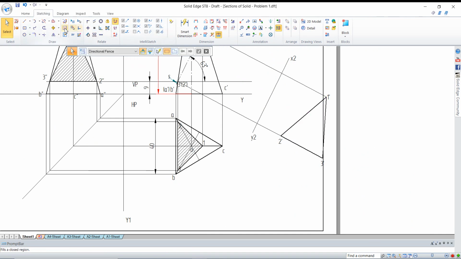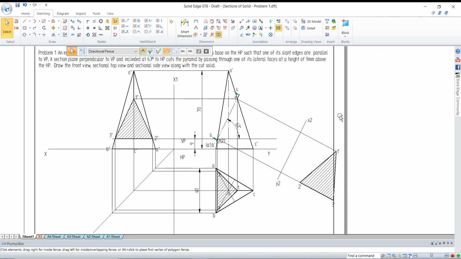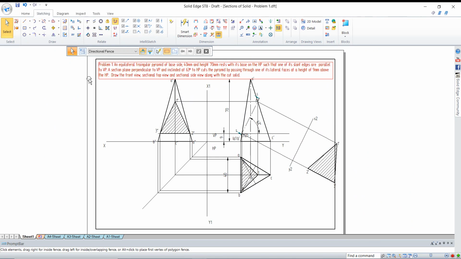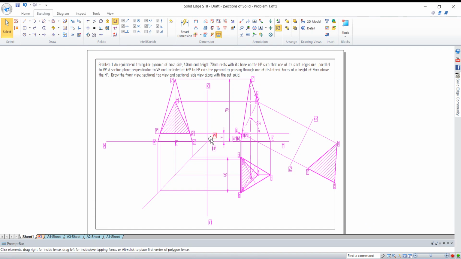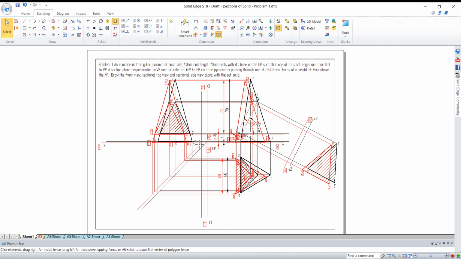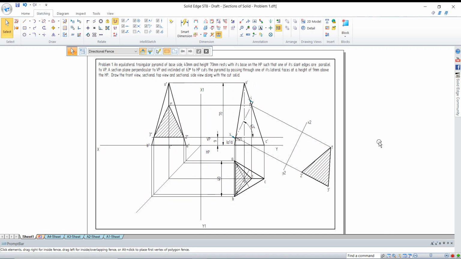If I actually extract that triangle from the top view, I'll get this shape. I'll get the true shape and I'll fill this region. So this is my complete problem. In case this is away from the diagram, you can select the entire diagram and move it a little bit. So this is the problem. This is the solution.